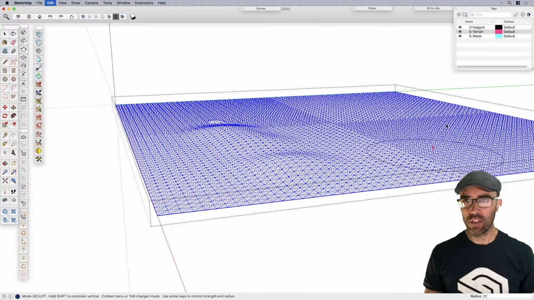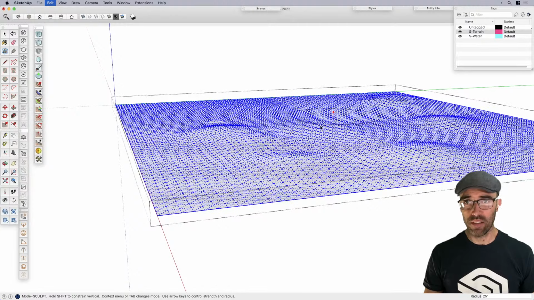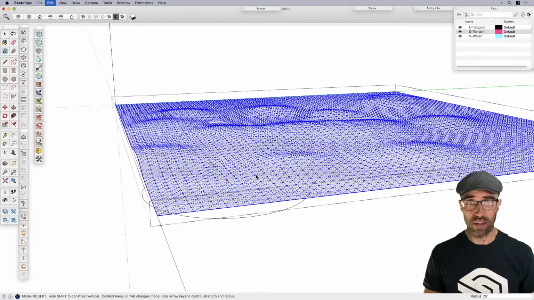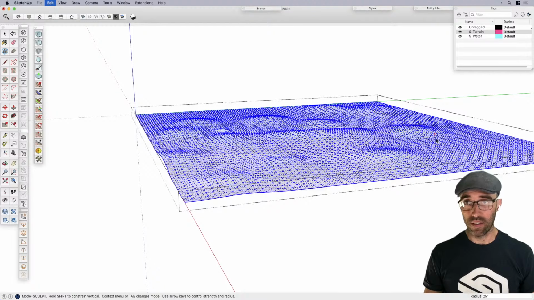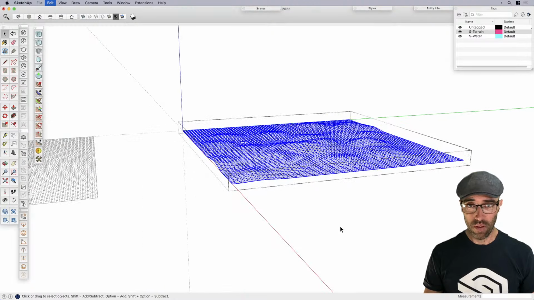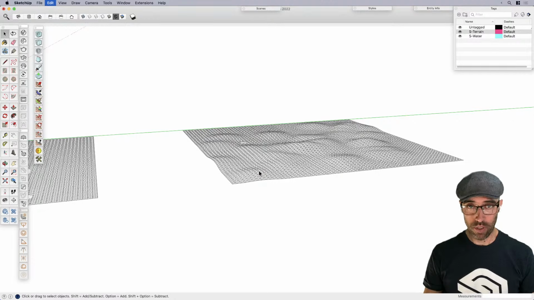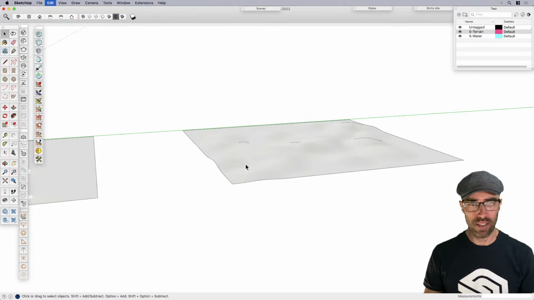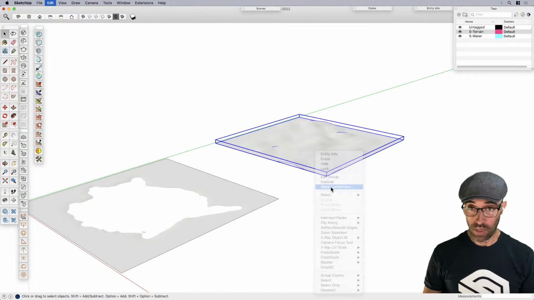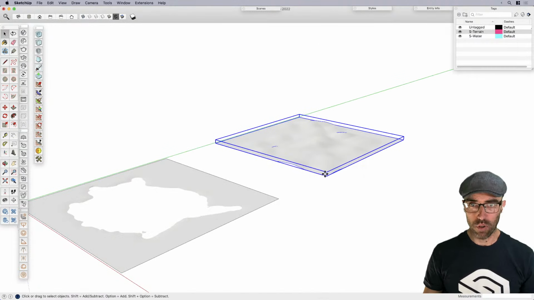So all I'm doing is just going around and giving it some undulation, so that when I go to do my render later, it doesn't feel like it's sitting on a super flat surface. It just makes it a little bit more interesting. And I'm turning my hidden geometry on and off using a shortcut key, so if you see those lines come on, that's why. Make that a component. And I'm going to line this